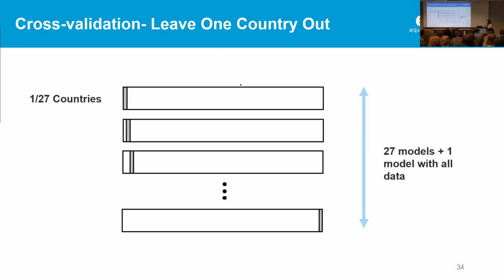Also, we use a cross-validation method. So basically, what we're doing to avoid or to be able to identify spatial autocorrelation is that we leave one country out with each round of modeling. So basically, for this we have 26 different models, and each time we're going to try and predict for a country which isn't seen in the data set and use this to validate our performance.